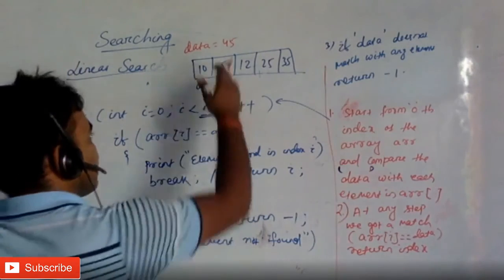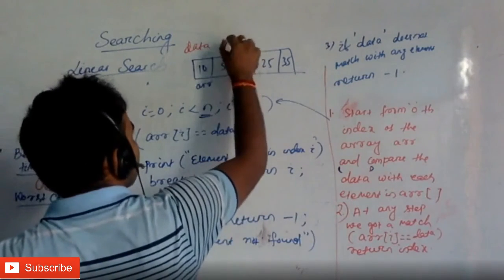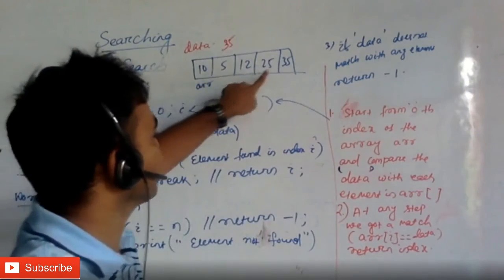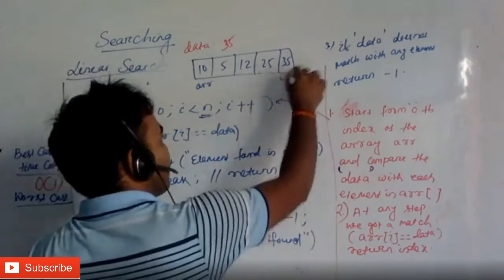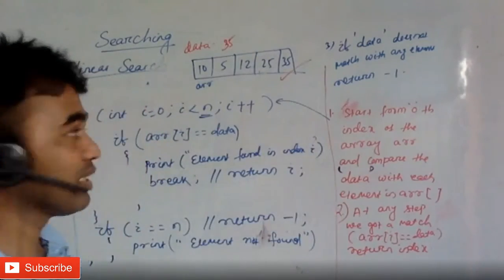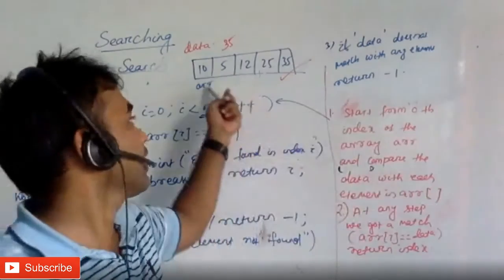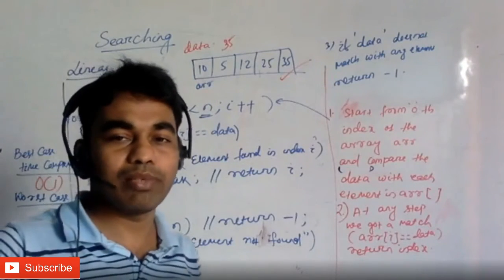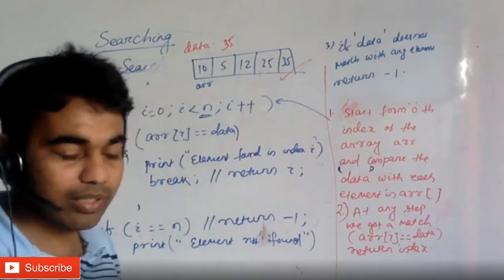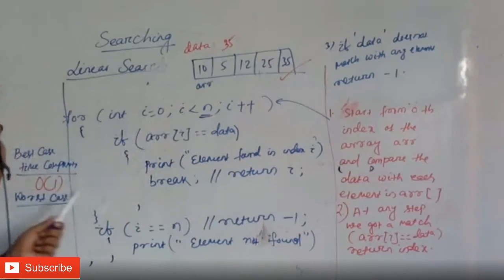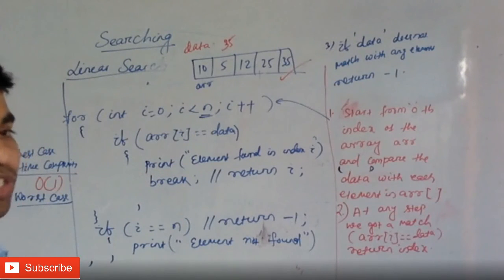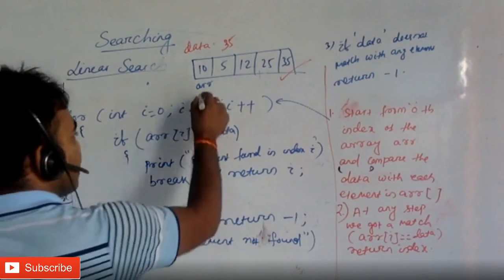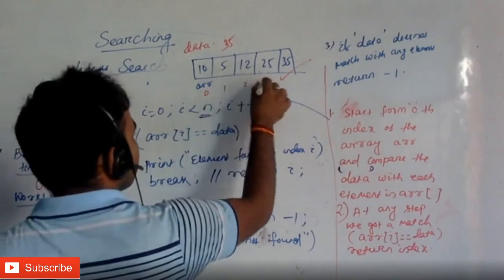Or else there is one more situation. Suppose I'm searching for 35. I'll search this element, this element, this element, this element. Okay, yes, I found it at last. Don't think that there are only 5 elements. There could be 10,000 elements, or 1,000,000 elements. That's where this particular worst case comes into the picture. And you can see how many comparisons